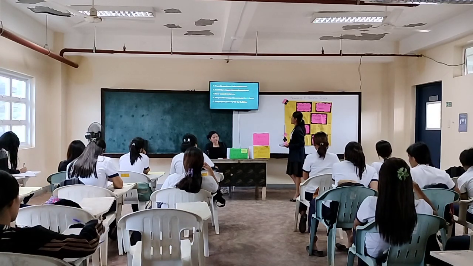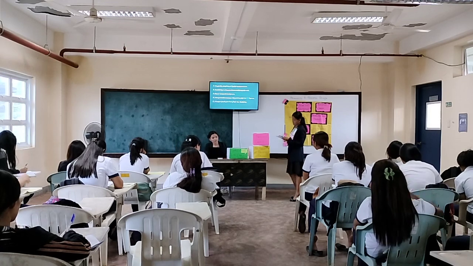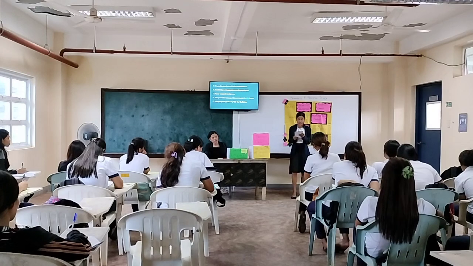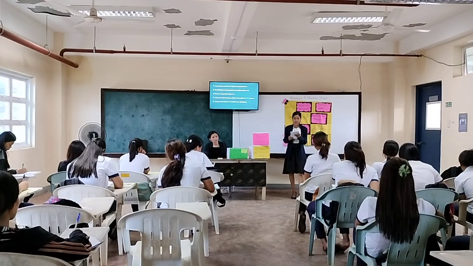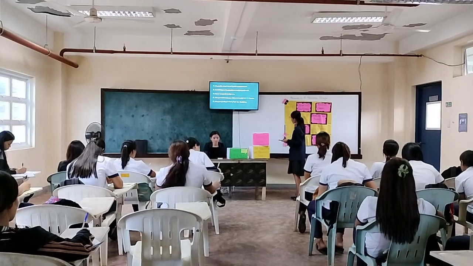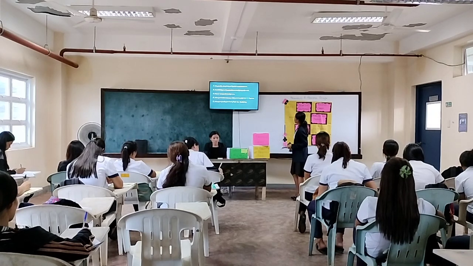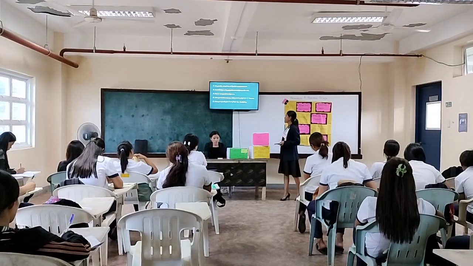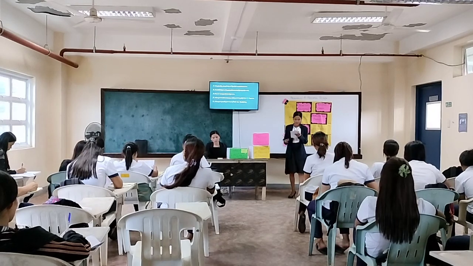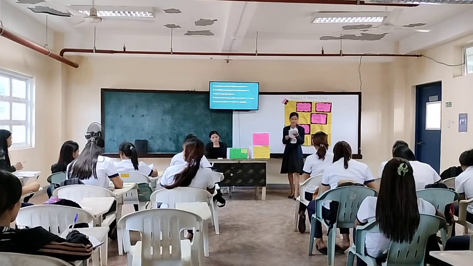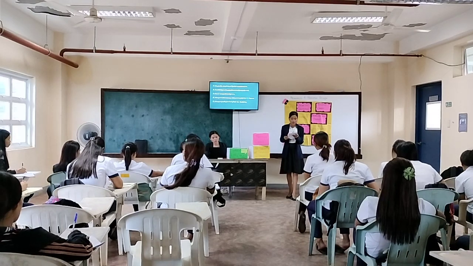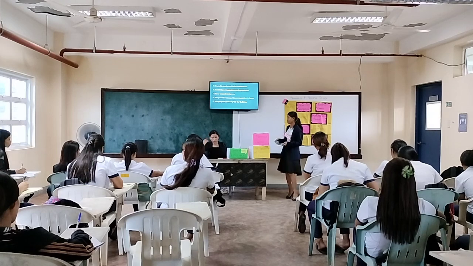Eleven. Complexity, exceptions, and special cases are common. So this indicates that the process is overly complicated with many deviations from the norm, making it hard to manage consistently. Twelve is established procedures are circumvented to expedite work. Employees or managers bypass standard procedures to speed up tasks, which can lead to inconsistency or errors.